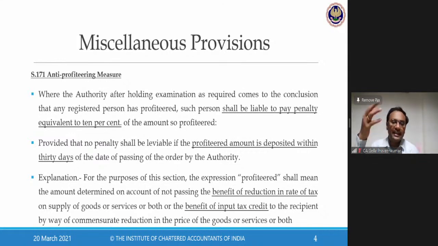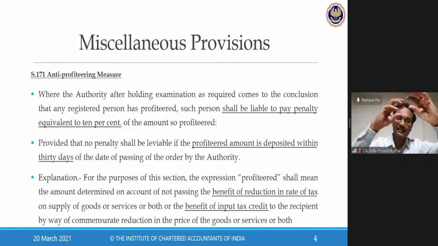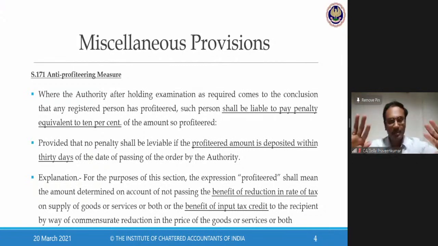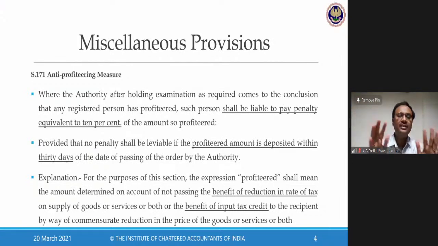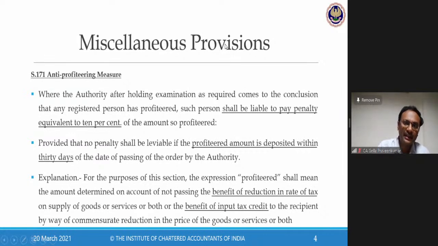How do I get that? I'll take a certificate from a chartered accountant or a cost accountant saying that this is the cost of operation prior to GST and after GST. This is a business model where he was registered under central excise, service tax, and VAT. He has been taking the benefit of all this taxation. Prior to GST, post GST, there's no impact. Everything is the same as it is. So when they establish all these things, then they'll say, yes, you have been anti-profiteering, or no, you have not been. Now, assuming for a moment it has been established that you have benefited, what happens?